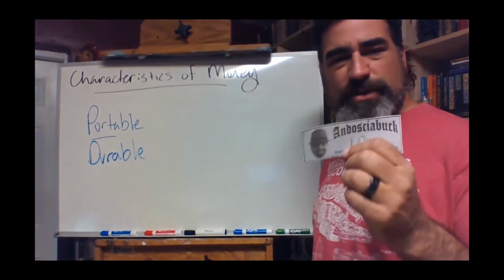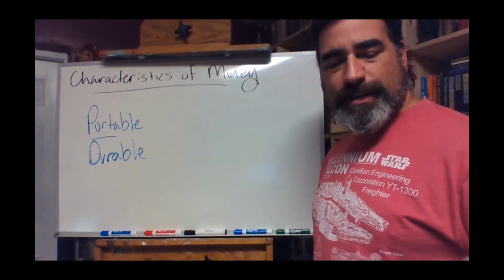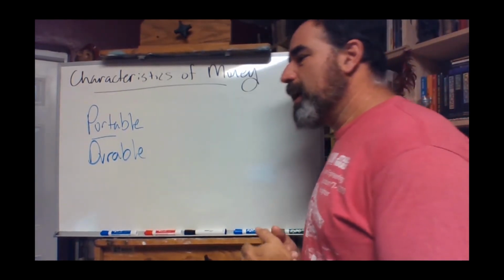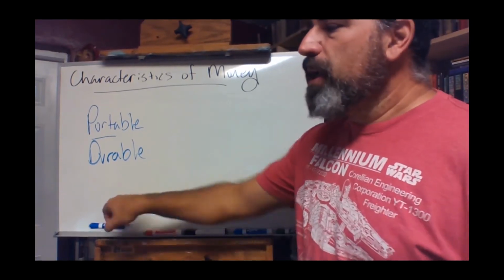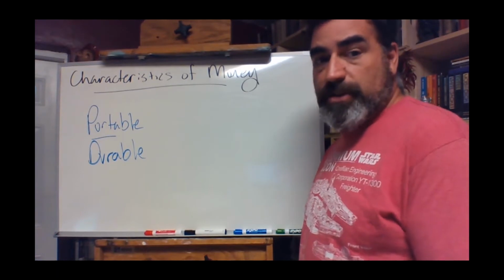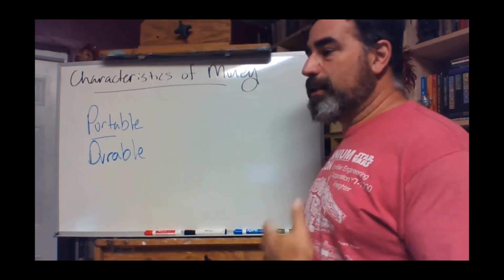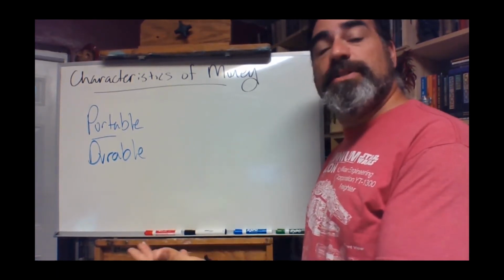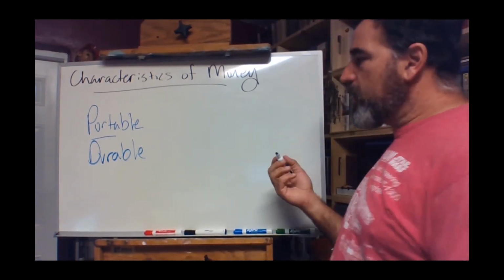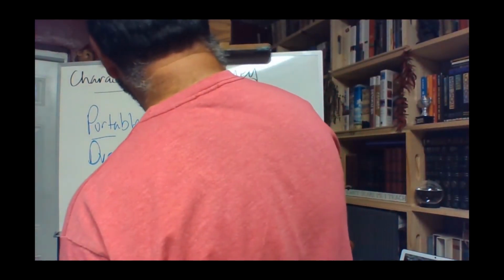And maybe it's not the most efficient material to make currency out of, but it'll work in a pinch, right? And of course, again, when it comes to electronic currencies, that's about as durable as it gets, right? Unless you get a computer virus, that currency is going to be there, if only in digital form, right? Another characteristic is that it is what we call divisible.